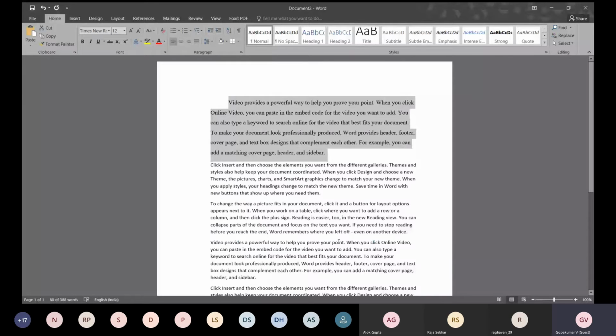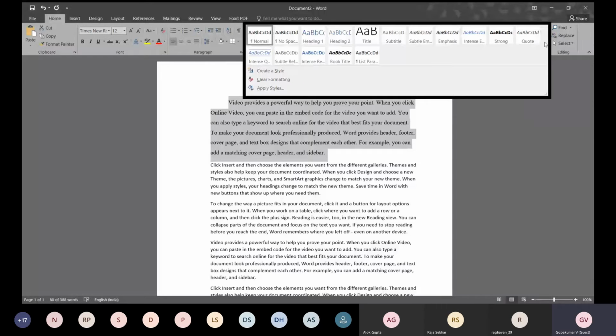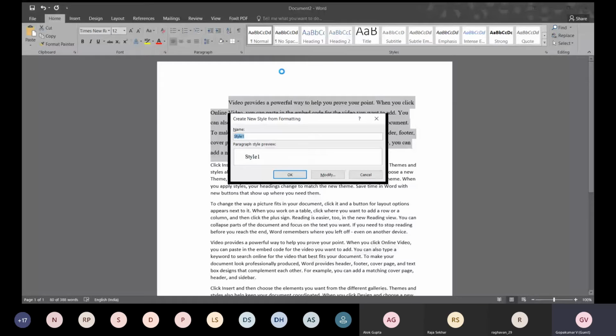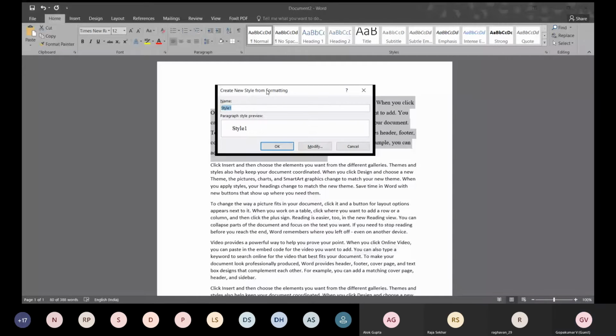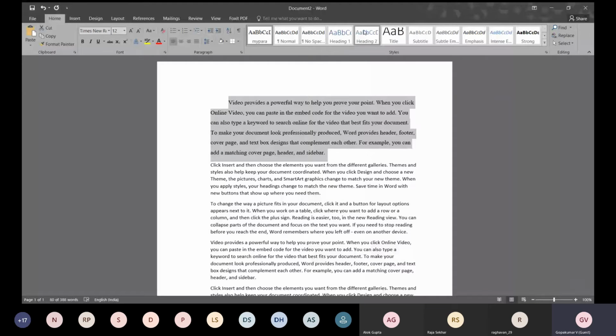This is not. So what you can do is select this paragraph and go to the style palette. Here there is a small button. You click here, then here is the option Create a Style. Click on it. It will ask for a name. So you can just put it as my paragraph, or shorten it to my para, and click OK. Now in this set of quick styles, the first one is your style, my para. Click here and click on my para.